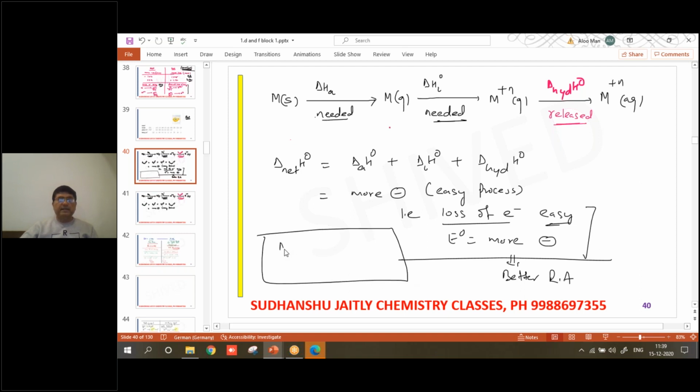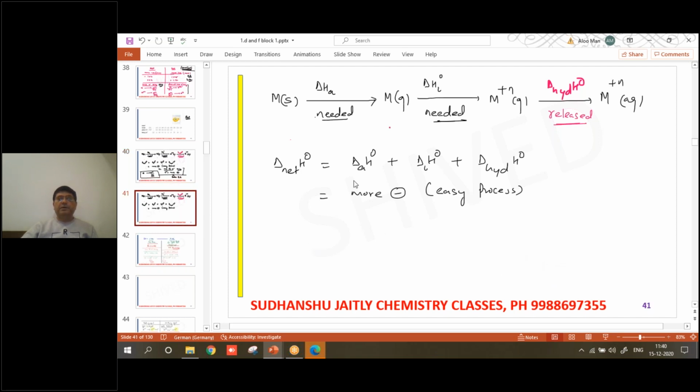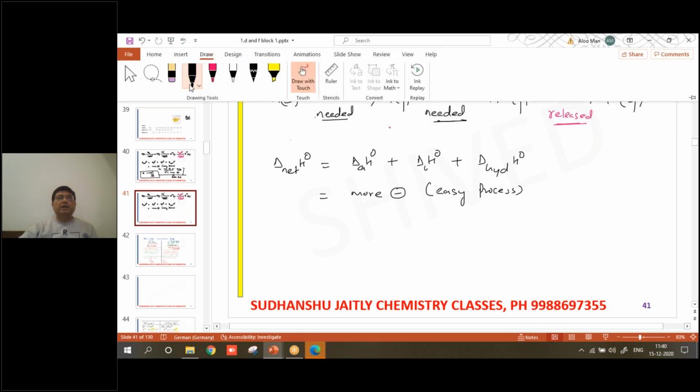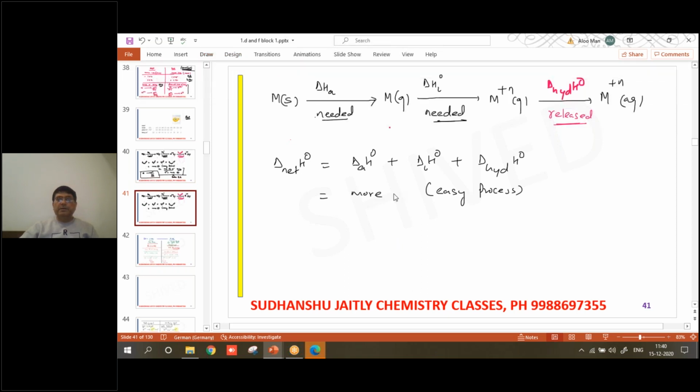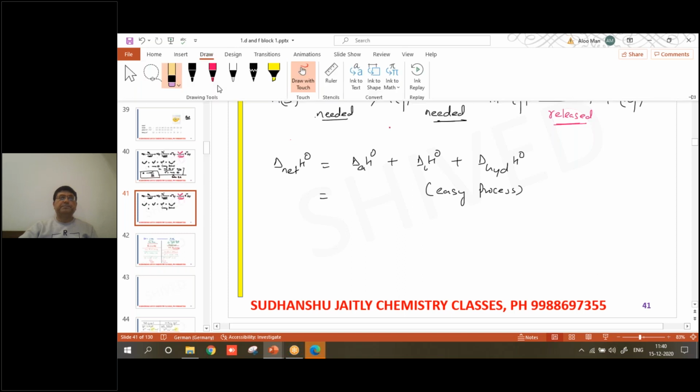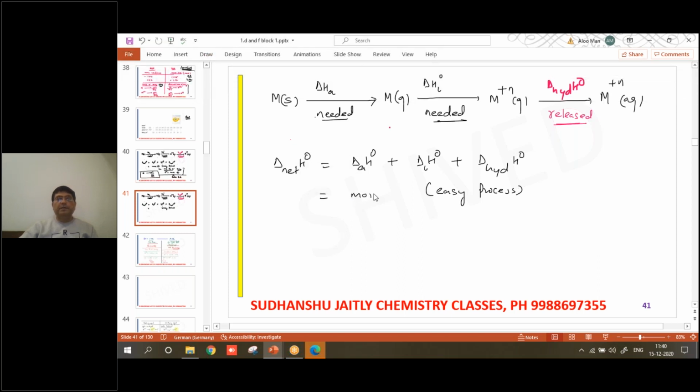Or you can say M and M plus में, this is going to be more stable. You understand? This is going to be more stable. Now this is going to be another scenario. This is going to be more positive. This is going to be more positive कह दो, और comparison होगा ना, this is less negative. What does that mean? In comparison, this is going to be बच्चों, what is going to happen? This is difficult